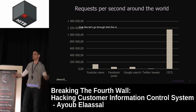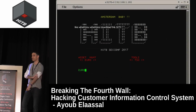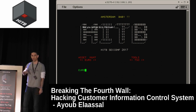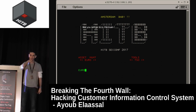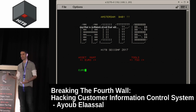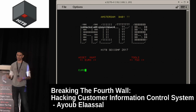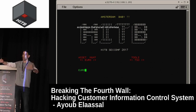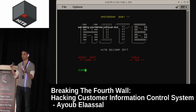What does it look like? Let's go through that. This is like when you download the 3270 emulator to connect to a mainframe on port 23, for instance, using Telnet. You will go to the main interface on the mainframe. And this main welcoming screen is called VTAM, for Virtual Telecommunication Access Method. It's just a fancy word to say that it's a software driver that will handle TCP/IP connection and SNA connection, like System Network Architecture connection, etc. It just handles communication